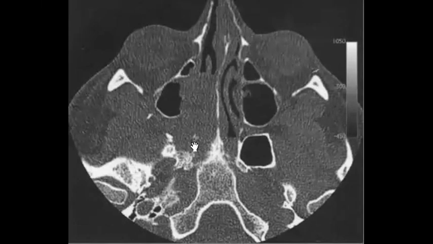So there is bony affection, destruction, displacement of the posterior maxillary sinus or antrum wall, and